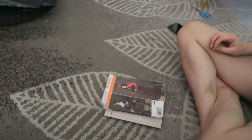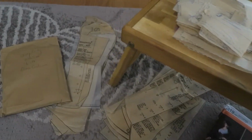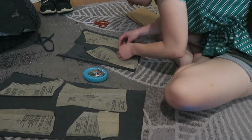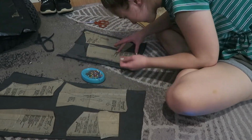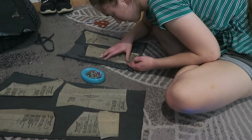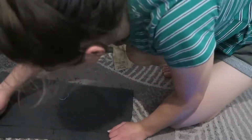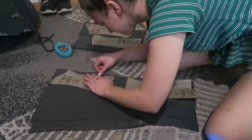Basically, I wanted to try my best at making corsets because I was leading up to a video where I needed a corset and I had never made one, and so I wanted to get some practice in before I made the final one. So I cut out 3 patterns, but here I'm only making 2. And so I just went through the normal process of cutting out all of the pattern to my size